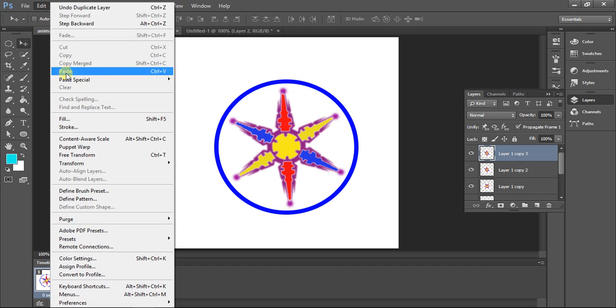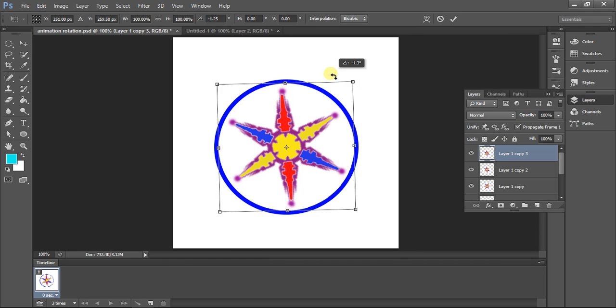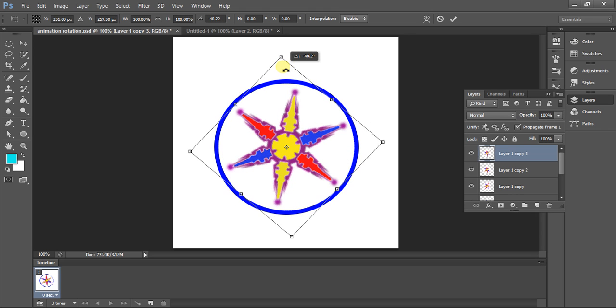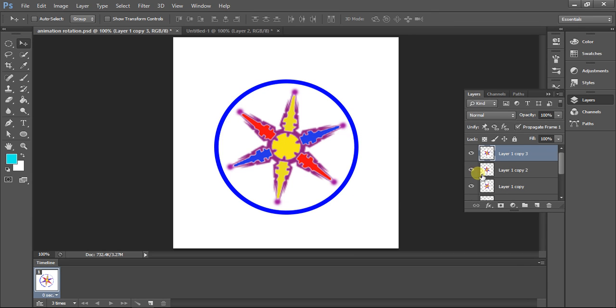edit, transform, and rotate, then click and apply transform.